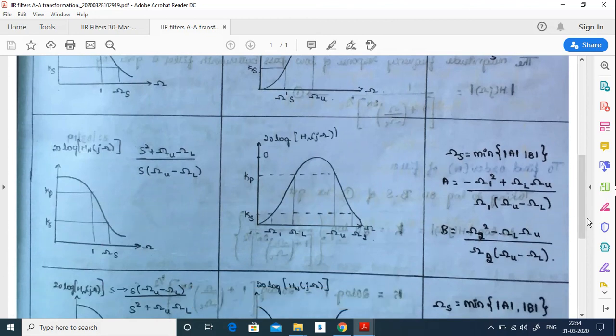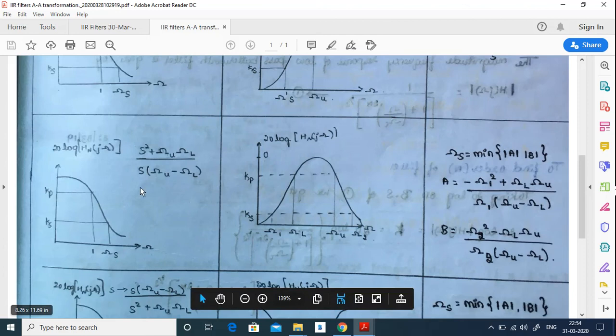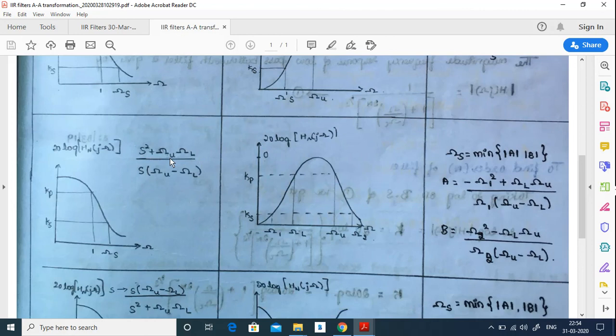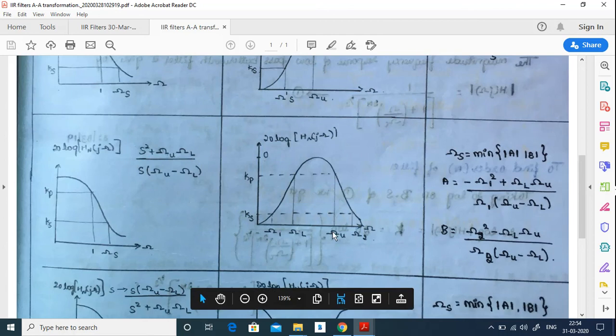We'll check the formulas. In general, if they ask you to design a band pass filter, first design the normalized low pass filter, then use this particular transformation: S replaced by S square plus omega u omega L, upper cutoff frequency and lower cutoff frequency, divided by S into omega u minus omega L. This is the general